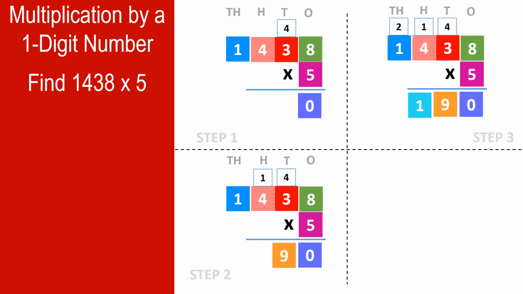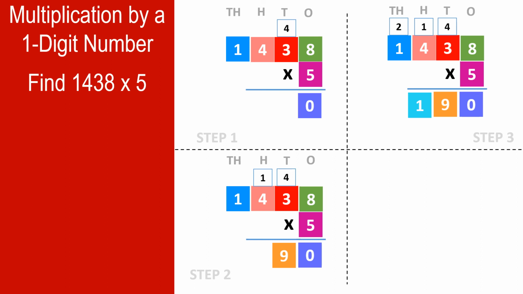Now we are going to step 3. In step 1 and 2, we have already multiplied the ones and tens digits, right? Now we are going to multiply hundreds digit. So which number is there under 100? 4. So what we have to multiply now? 5 multiply by 4, or we can say 5 fours are 20, and there is 1 carry over. So 20 plus 1, 21.